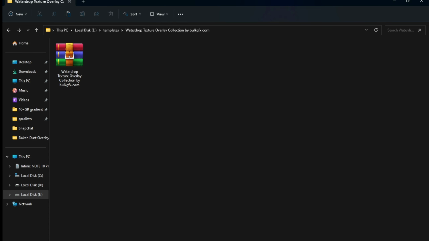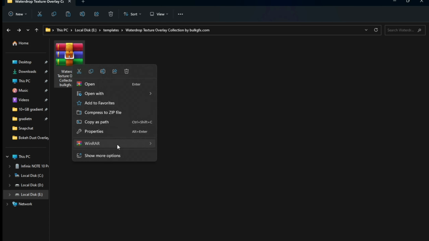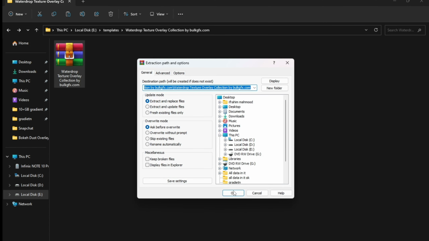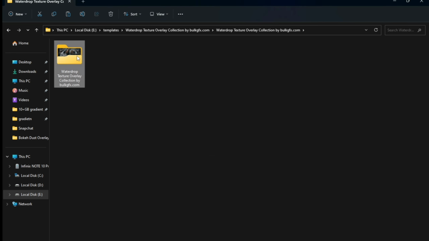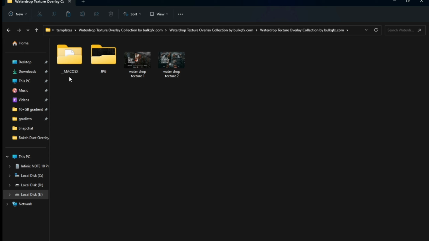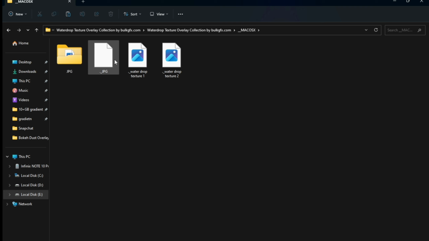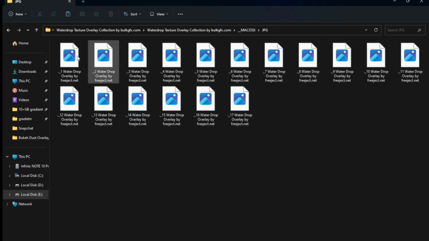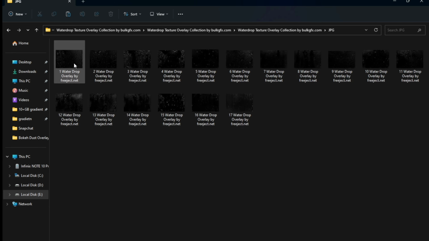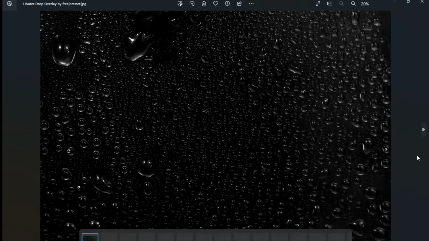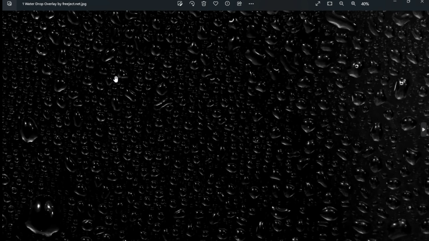So just come here. This is WinRAR file, so you need to extract it. This extract, and here these are overlays. This is for macOS X system, the Apple, and these are for Windows JPG and Waterdrop. Just open this, and JPG for Apple, the one who uses macOS system,